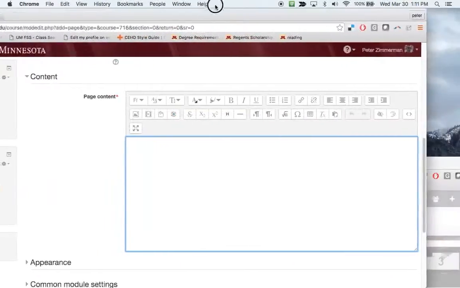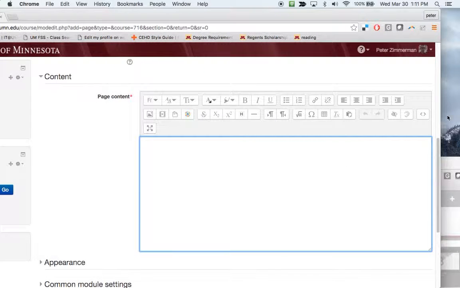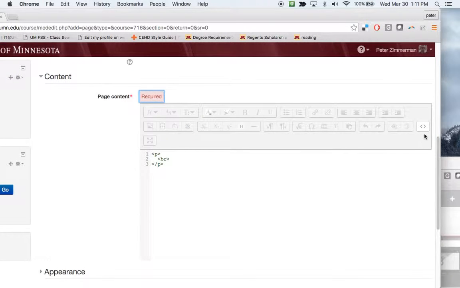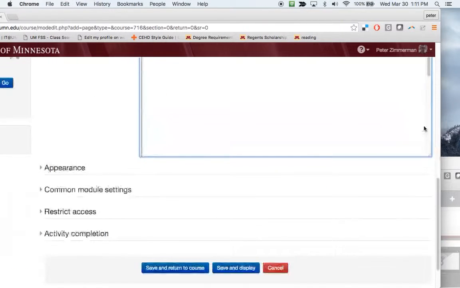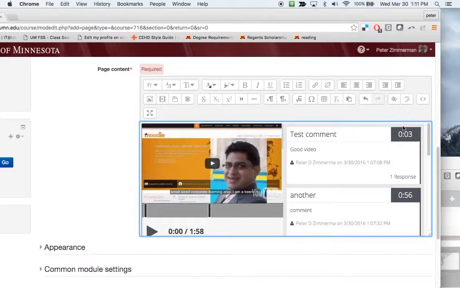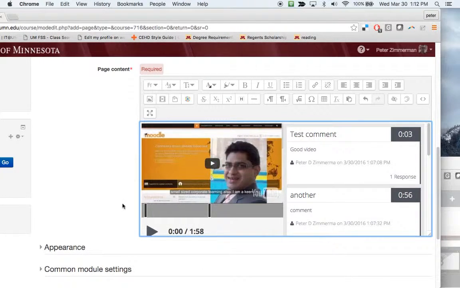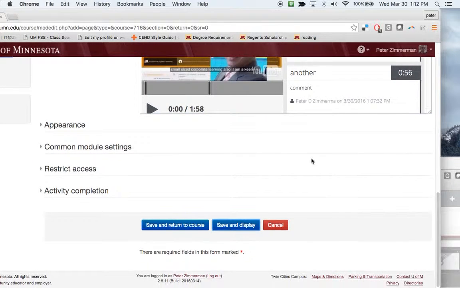And under page content, whenever you're embedding something in a page on Moodle, what you have to do is toggle over to this HTML view by clicking this button here, and you can see when you're here that there's some text there. What you want to do is just copy and paste it in, and that's all you have to do. So if I unclick that, this brings us back to the normal view, and you can see we have our VideoAnt embedded right in there. Okay, so I'm gonna save and display,